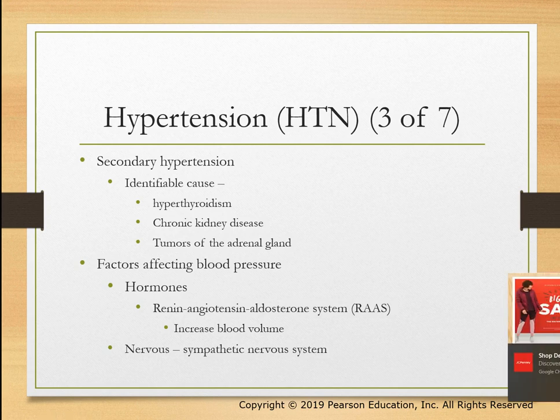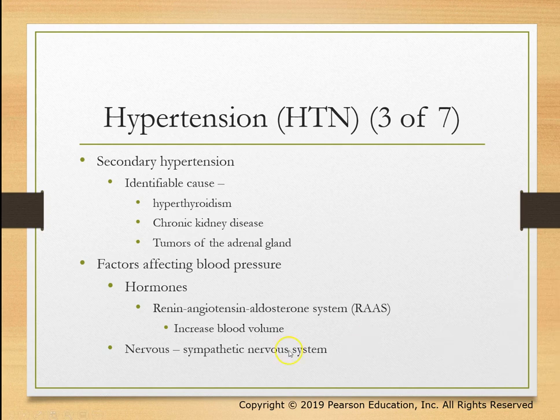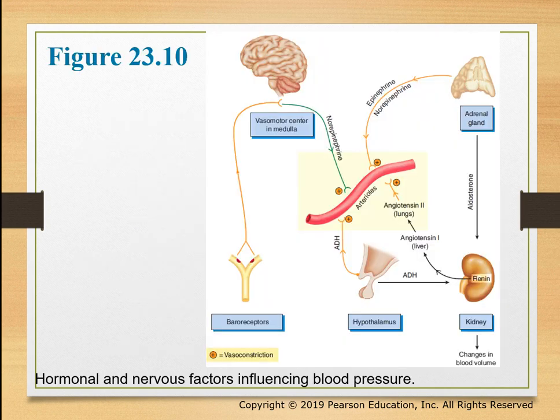I don't know that you're responsible for knowing every single detail, but I'm going to show you a picture and talk a little bit about it. So you don't need to memorize the details. But basically, this is in response to a decrease in blood pressure, right? This kicks in, the system becomes activated to increase blood volume. Once that blood volume is increased, then blood pressure increases, right? If you talk about the sympathetic nervous system, right, fight or flight, it's going to increase blood pressure, okay?